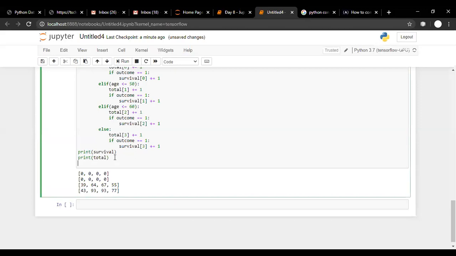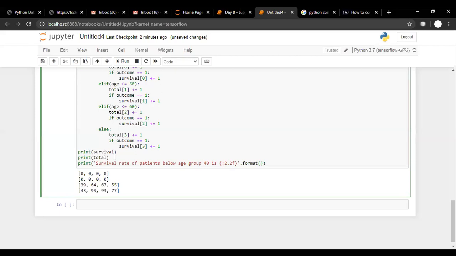And we can make it more meaningful using a print statement, something like this. We can give a print statement like: survival rate of patients below age group 40 is something like this, and I want to round it off to 2 decimal points only, and here I'm writing format.